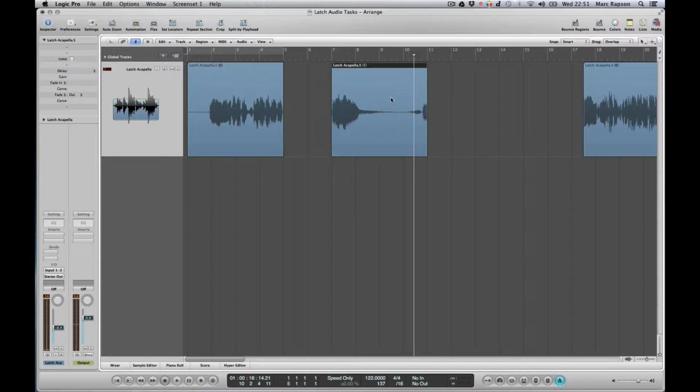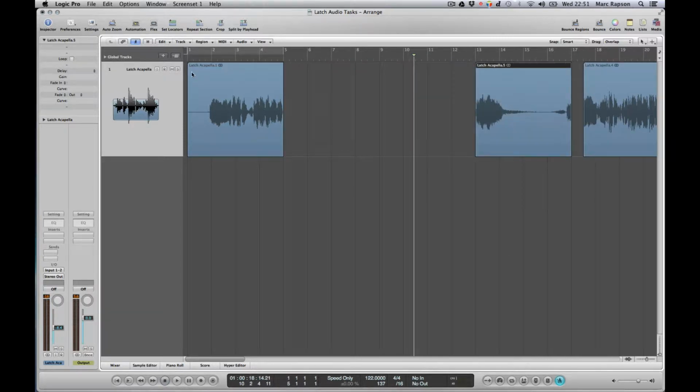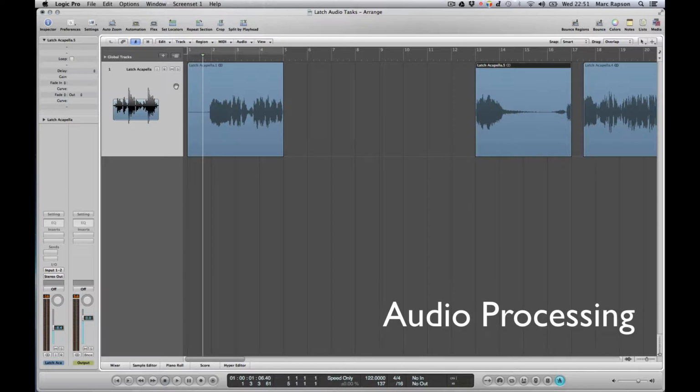Okay, so that's one of the things that you have to do. Make sure that's in both of your remixes. We also need to look at adding some audio effects. The easiest way to do that, let's say we wanted to affect this first section here. As long as you've got your part